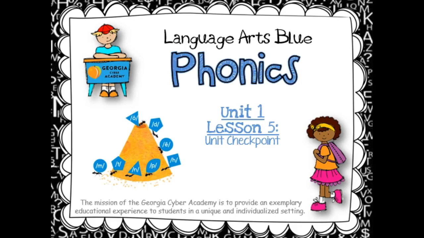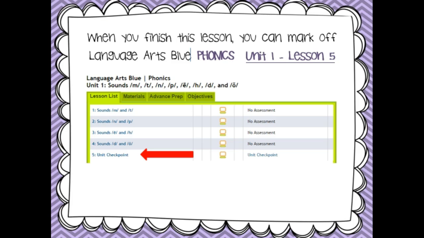Hi families, this recording is to help you work through Phonics, Unit 1, Lesson 5, the Unit Checkpoint. Here is where you find the checkpoint for Unit 1. You can go to Language Arts Blue, Phonics. You've done a great job of completing all of the lessons for this unit this week, and now it's time